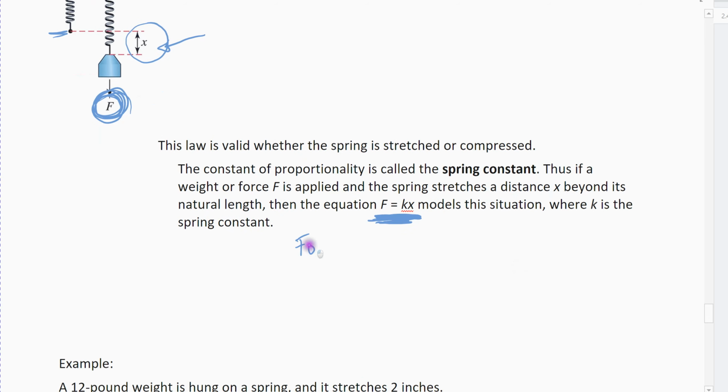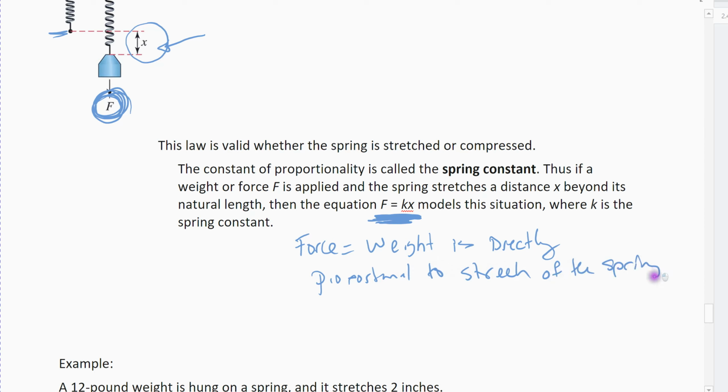So the force, which again is my weight, is directly proportional to the stretch of the spring. Right? The more weight, the further it will stretch. And then that K constant,